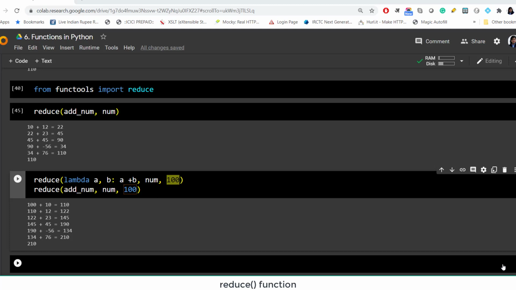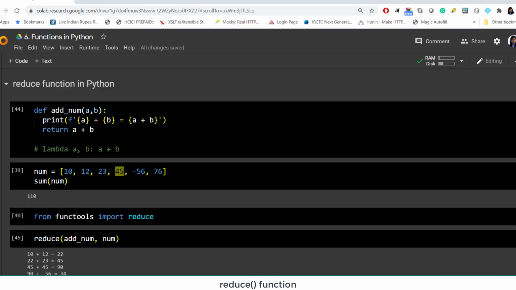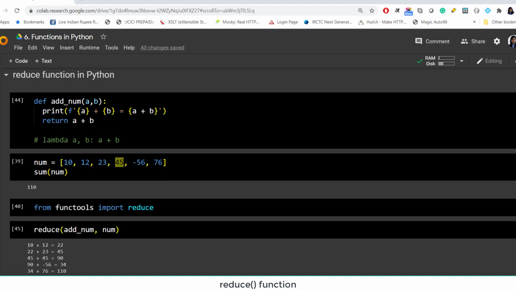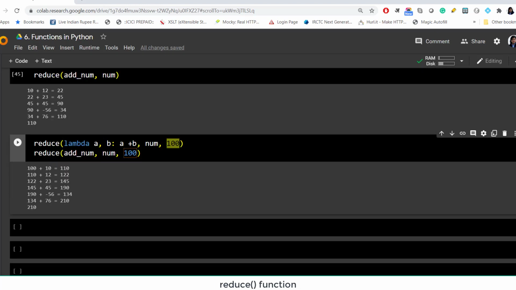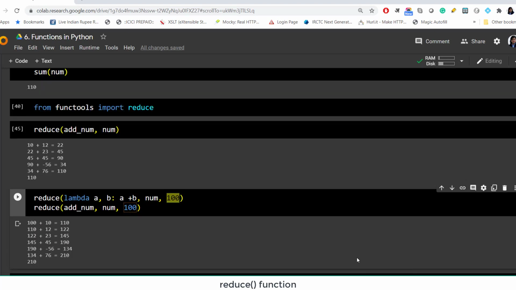We have seen that if we want to add these numbers, we don't really need to do these kinds of things. We have an inbuilt function in Python which produces the sum of elements in the list. For example, if we want to find the minimum or maximum, we directly have min or max functions to find the minimum or maximum element from the list. So we don't need to use the reduce function in those cases, but still we should have an understanding, and sometimes we might find it useful to combine map, reduce and lambda functions and probably the filter function to make our code shorter.